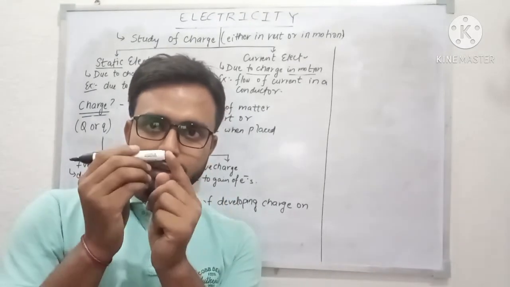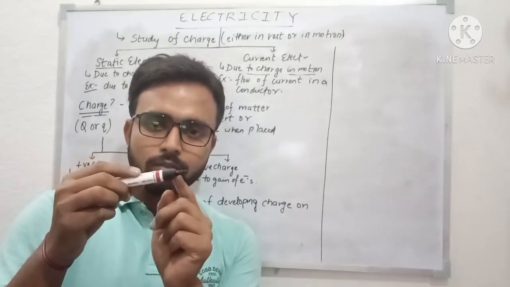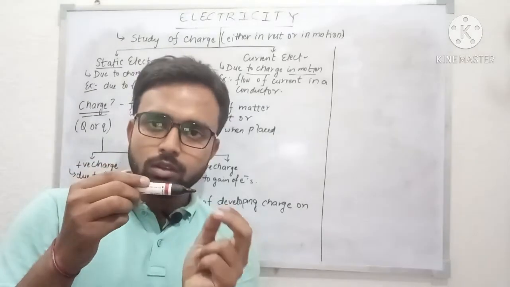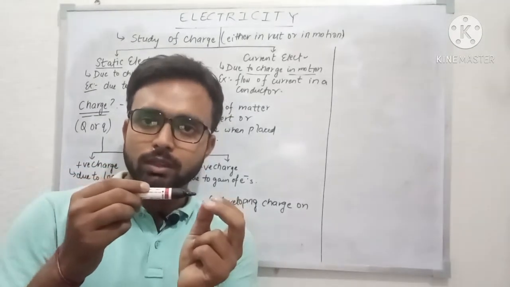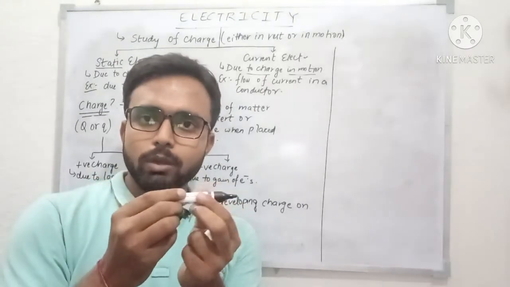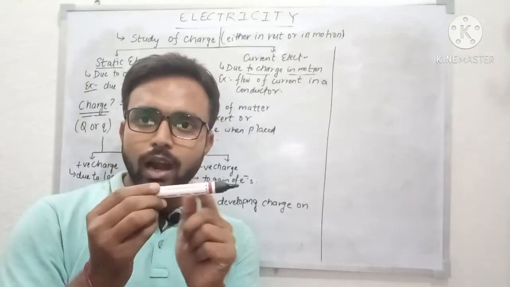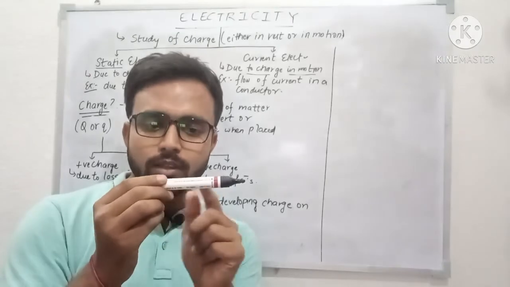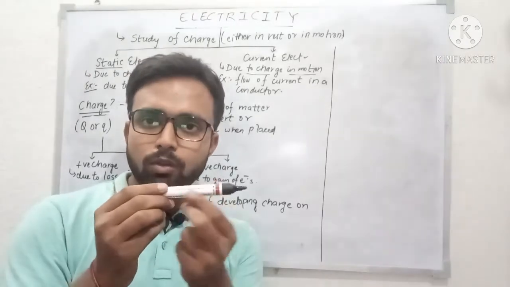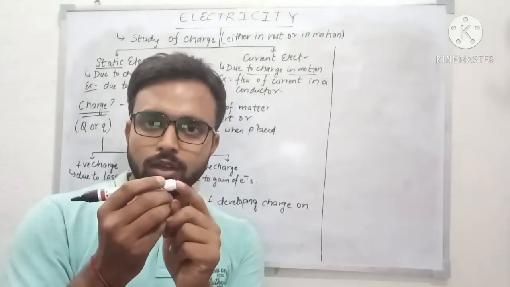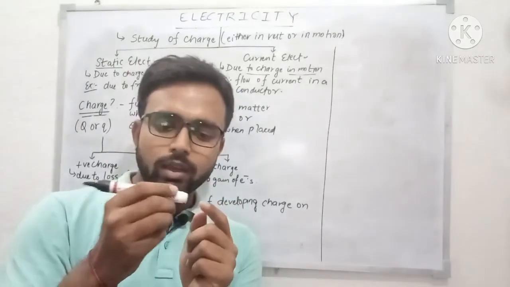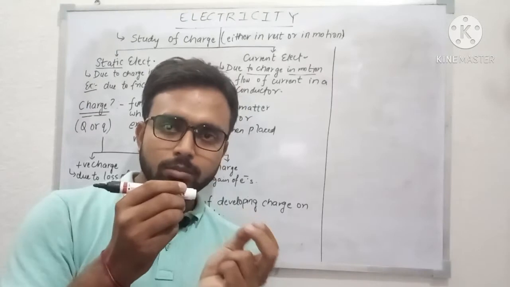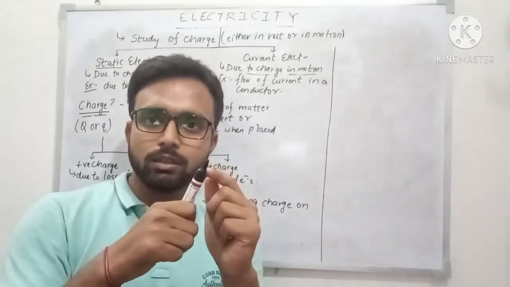Okay, this end is rubbed. If we bring this other end of the comb, it can't attract the paper pieces. Why? Because the comb is an insulator. There is no movement of charge within this body. This portion is rubbed, so the whole charge is at this place. That's why this place attracted the paper pieces, but this place does not.